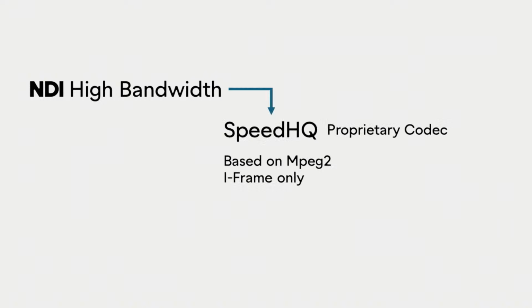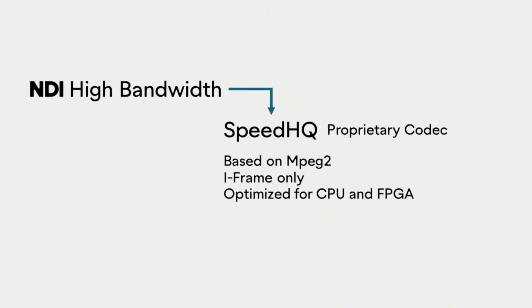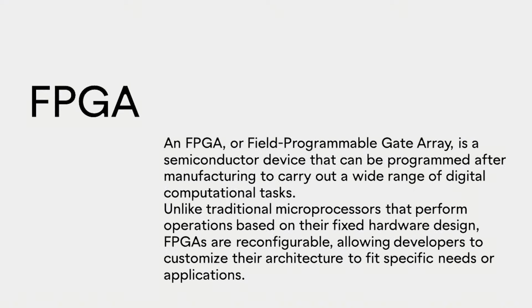Okay, let's start with NDI High Bandwidth. It is based on the proprietary codec SpeedHQ, which is derived from MPEG-2. SpeedHQ is an I-frame-only format designed to offer very high quality and low encoding latency. The SpeedHQ codec is highly optimized for CPU and FPGA and is the perfect solution for software applications and